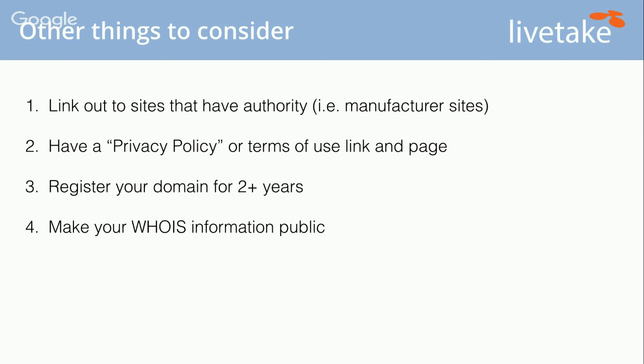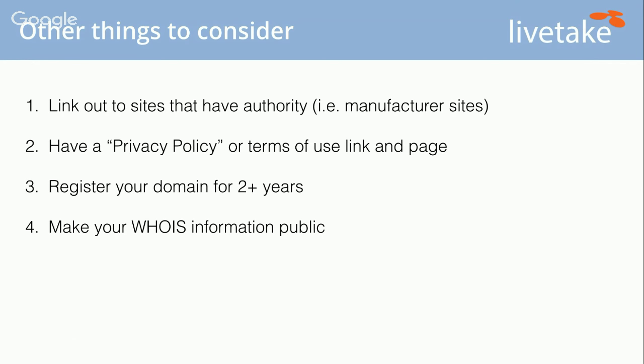Along that same line, you're going to want to make your whois information public. When you go to register a domain name with the registrar, you have the ability to make the whois information private. You don't want to do that. You want to make it public. The whois information is, if you search a website right now, test it yourself, go into Google, put in some website that you want to know about, put in mine if you'd like, and then say whois after it, and it'll give you all of the information of who the website is registered to, the physical address of the company that it's registered to. And again, you want to have a real physical address,